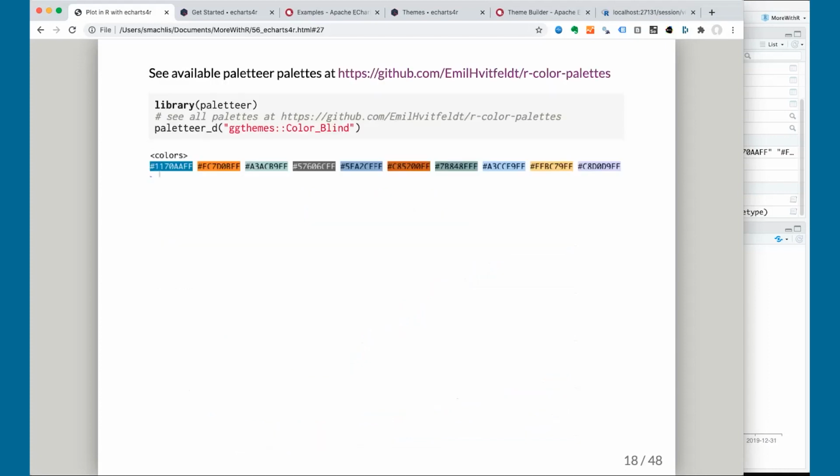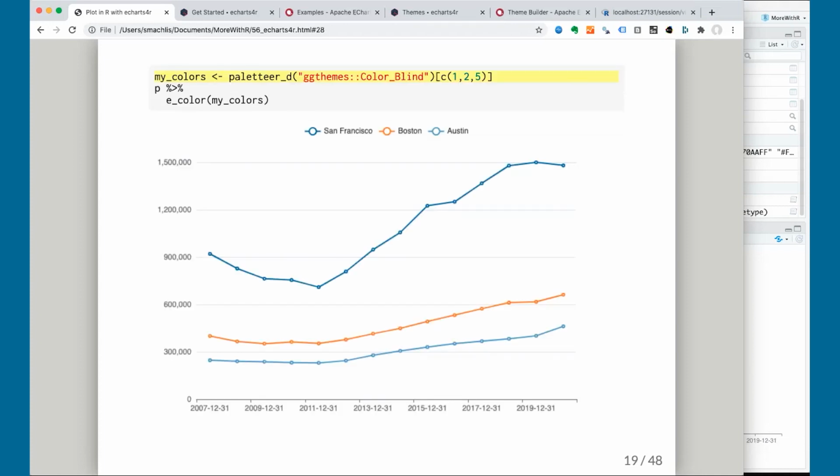By the way, this same format lets you use the R paletteer package to access a load of R palettes from a lot of different palette packages. I can decide I want the first, second, and fifth colors from that colorblind palette for my 3-line graph. I can store those as a vector in my colors. If you're not familiar with the paletteer package, the function paletteer_d accesses any of the available discrete color palettes. Here I want colorblind from the ggthemes collection, and I chose colors 1, 2, and 5 for my vector.